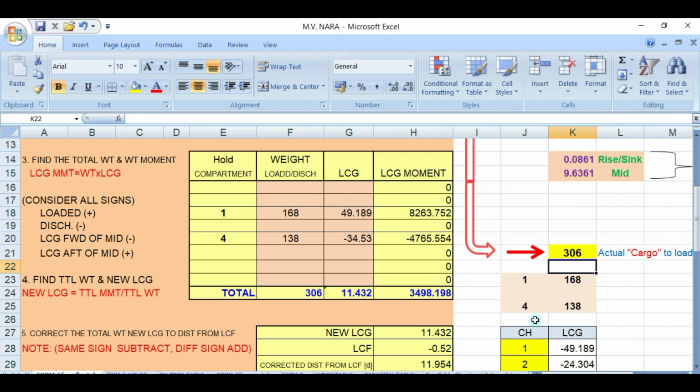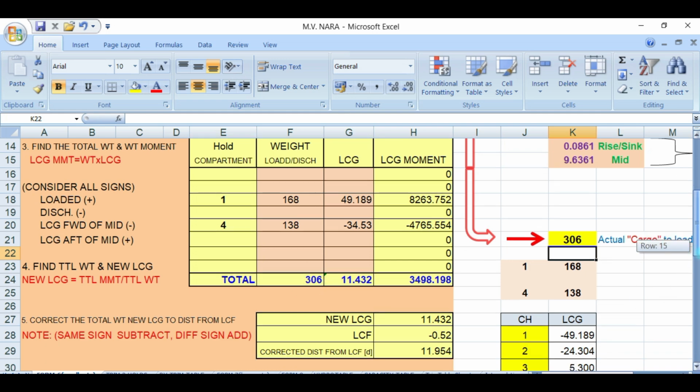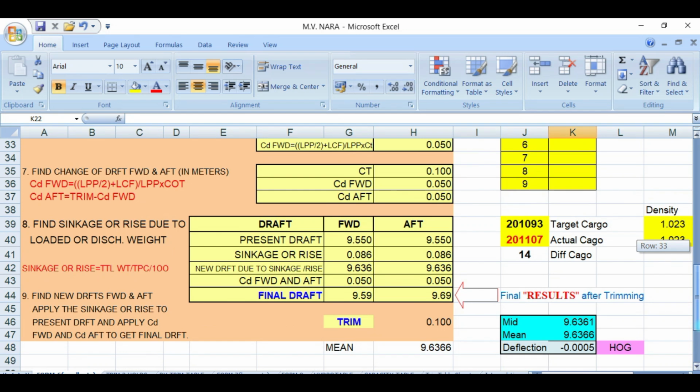So number 1 is 168, number 4 is 138, the total of 306, and your forward drop will be 9.59, and aft drop will be 9.69, which is 10 centimeters trim by stern, and your main drop is 9.636. Okay, and you have a 0 deflection.